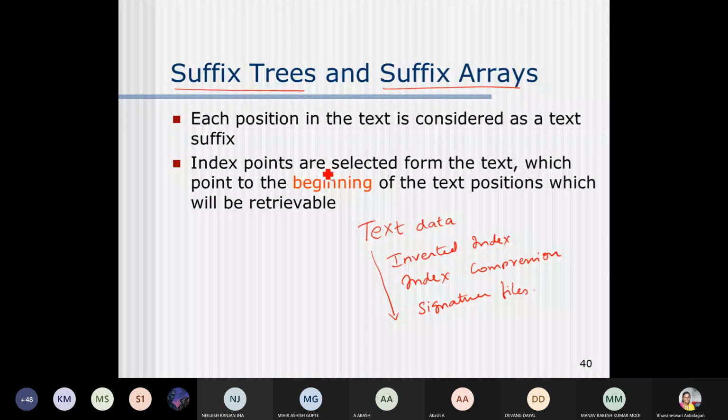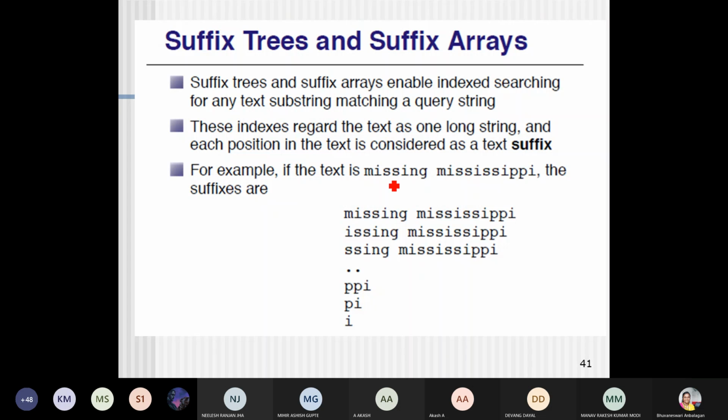if you want to make quick and easy retrieval of some text data, or some pattern from a huge text data, you can go with a data structure. This is actually a data structure that will make your searching task very simplified. A very simplified form of data retrieval from text data can be done using suffix trees and suffix arrays. I will just go straight into it.